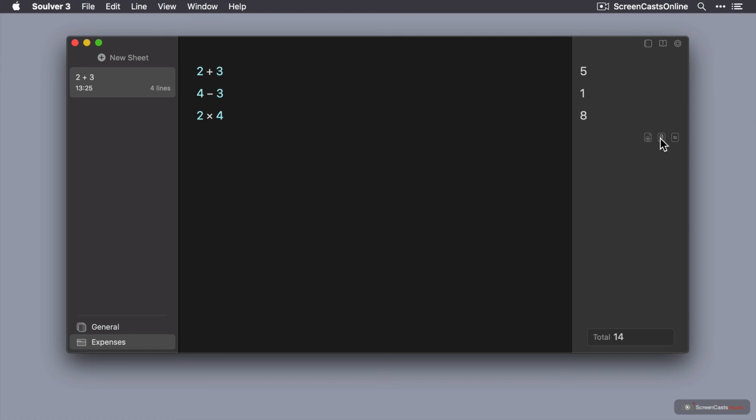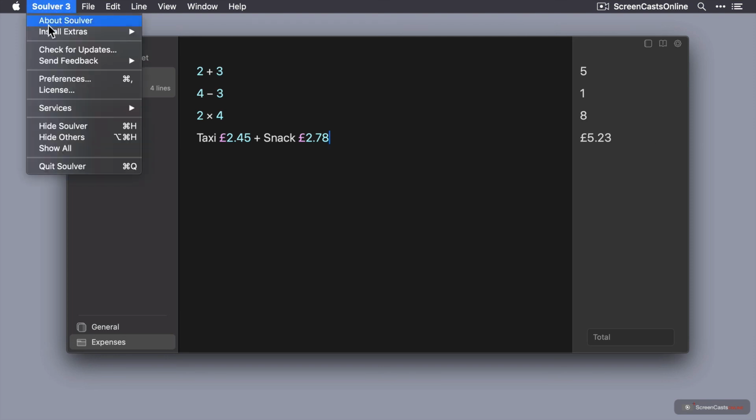Now, the beauty of Soulver is that you can mix words and numerics. If you want to make sense later on to look at what a calculation actually was all about, you can enter some words. For instance, taxi costs £2.45 and a snack costs £2.78. And the total for those 2 items is £5.23. Just to point out here, it will color code the different elements of your calculations. So currently text is white, the currency values are pink, and the numeric values are light blue. That is all controlled through preferences. If I go here and go to preferences,